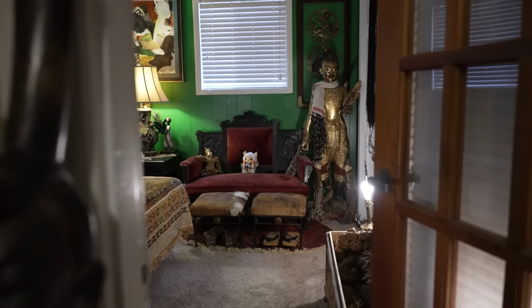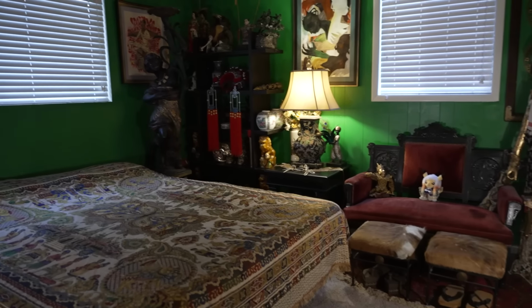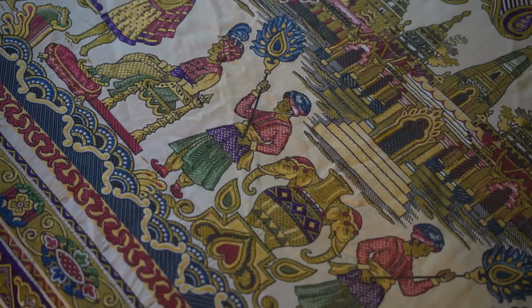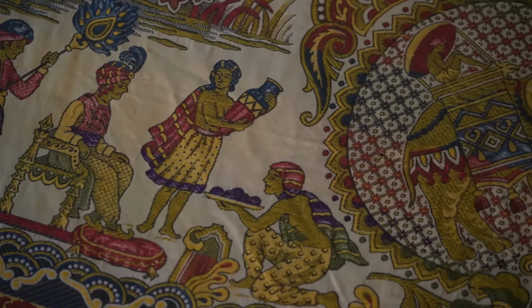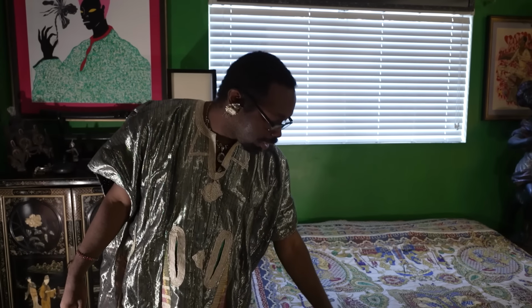And also it inspires me. We will talk about the bedspread, which I actually got from Facebook Marketplace. It's from Afghanistan. I don't sleep on it. I just specifically use it for display purposes. I sleep pretty average aside from when I have people over. I pull this out. I love that with the turbans and with the fans, it kind of brings some other